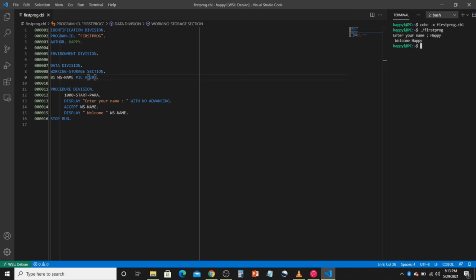One thing to remember, if your program is placed in your C drive or local folder, then in the terminal you need to go to that particular folder. If your C drive or D drive is not mounted, then first you need to mount that drive using the Linux command, and then you have to use cd commands to go to the folder where your program is placed, and then you can compile and execute the program.